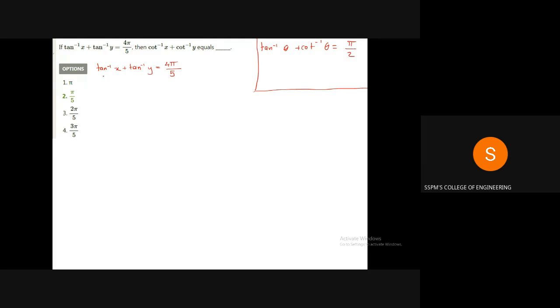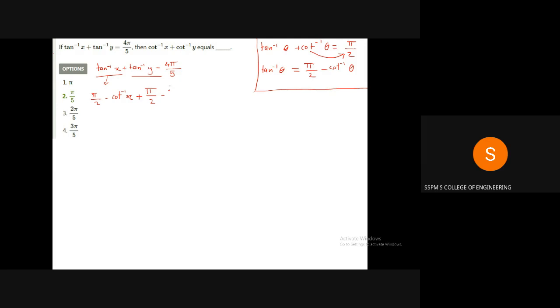Now we have to use this formula for both the terms. So if you shuffle these terms, you can have tan inverse theta is equal to pi by 2 minus cot inverse theta, isn't it? So for this, we will use the same formula. So tan inverse x becomes pi by 2 minus cot inverse x, plus, for tan inverse y we have pi by 2